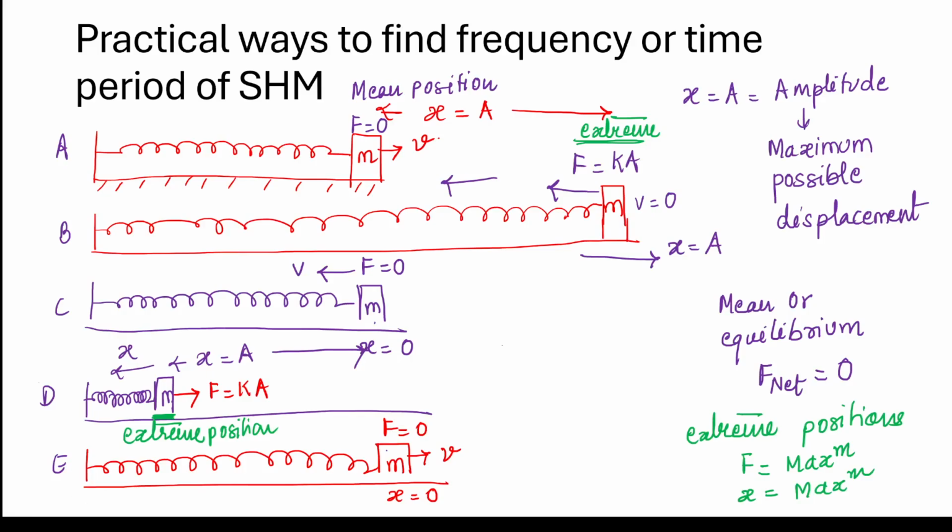Okay, now suppose I want to measure the time period for this SHM that you can see on your screen. What I'll do is start a timer when the body is at the mean position, and then let it oscillate 10 oscillations or 20 oscillations so that my time period would be more accurate. My human errors would be reduced if I measure the time for 10 or 20 oscillations. So I'll start the timer at the mean position